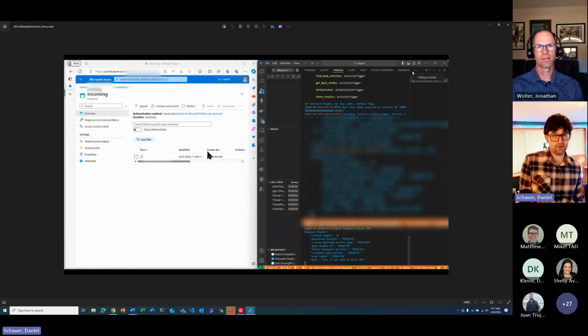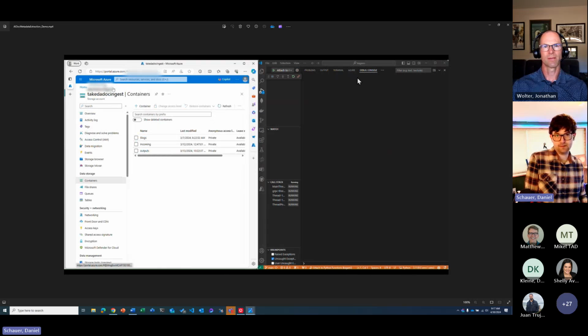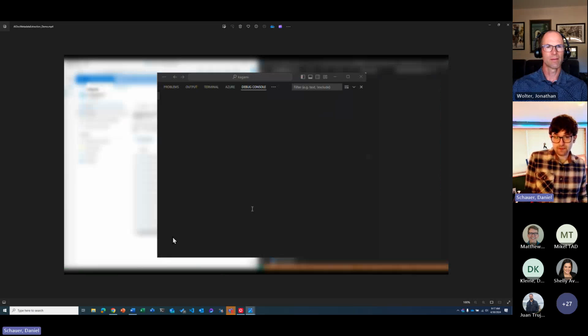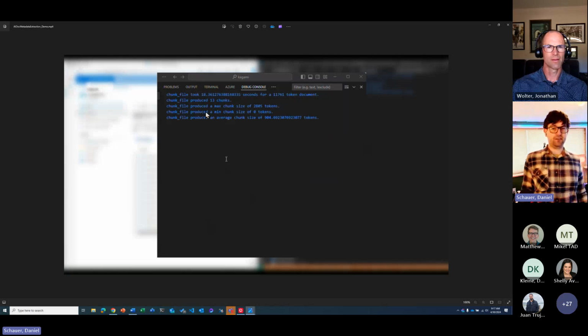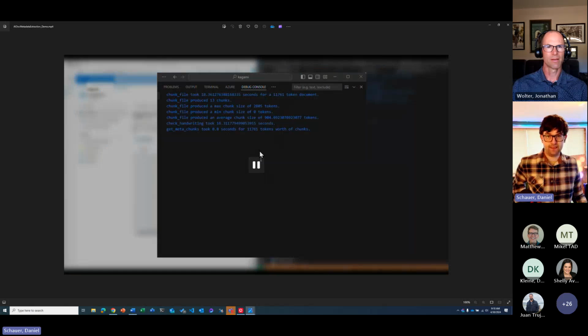As soon as that file is uploaded there on the left-hand side, you can see in Visual Studio, the console start to output the data of the job that is running. And then in the output section here, we should see, there we go. So this is a view of the process running. It's chunking the file to read in that data. And then it will go through